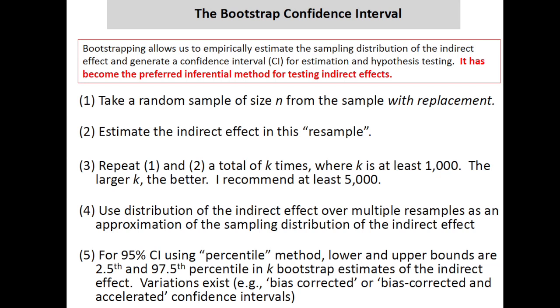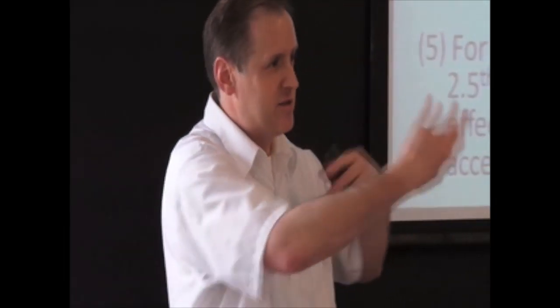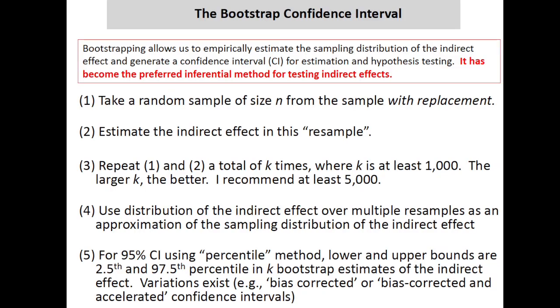So when we build a new data set from our original data set, sampling with replacement, if we draw a particular row from the data file as we're building a new sample, we put that row back in to be redrawn. If we didn't do that, obviously each time you do this, you'll get just the same data set. So you have to do this with replacement. So we'll take a random sample of the original sample size n, sample with replacement, and then we'll just say, well, this is our new data set, and we'll calculate the indirect effect in that new data set.